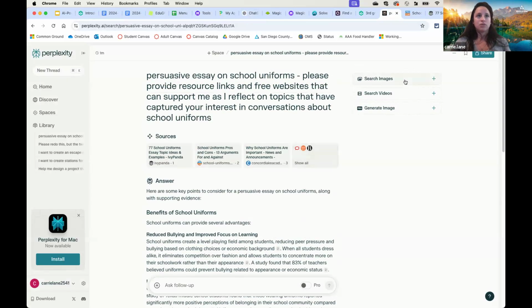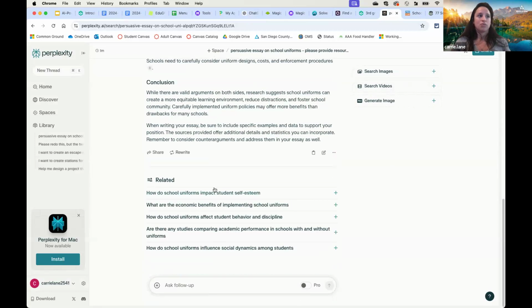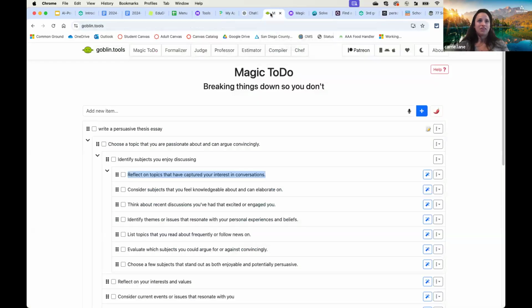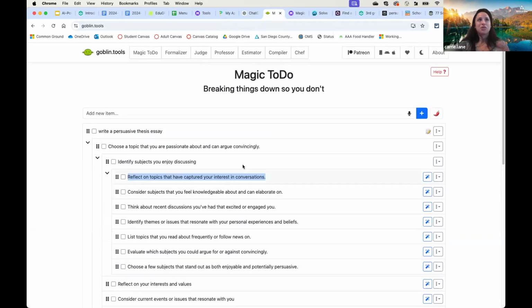And then you can also search images, videos, and it gives you all of these other related topics. So either way, like I said, there are lots of AI tools that do lots of similar things. But it is worth checking out some of that. And until you have something that you want in each of the tools, you can always use one tool and then move into another tool.